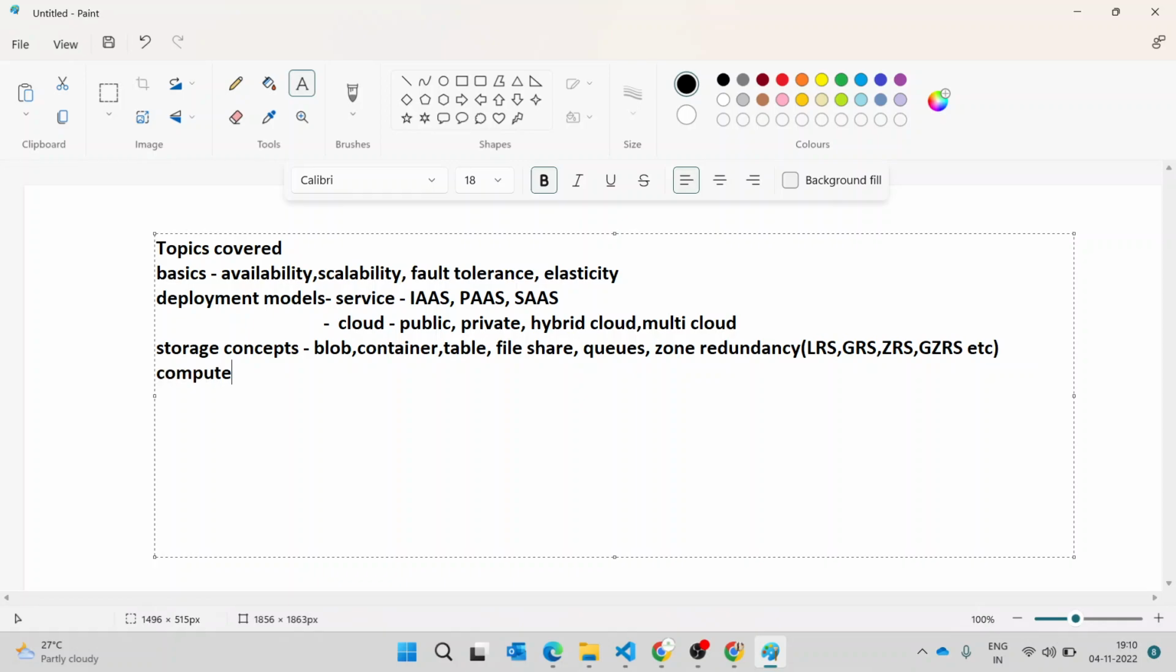And then regarding the compute concepts, we have covered virtual machine, availability sets, VMSS, virtual machine scale set, app services, and then in the networking, which we haven't discussed, but these are the topics that will be covered in the AZ104: VNet, subnet, VPN,